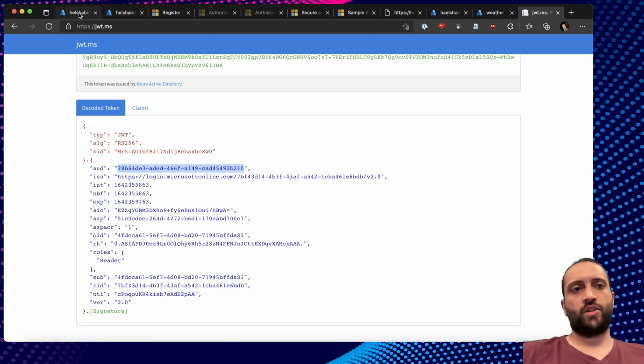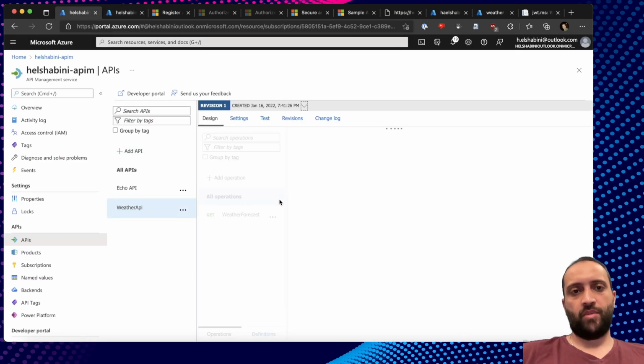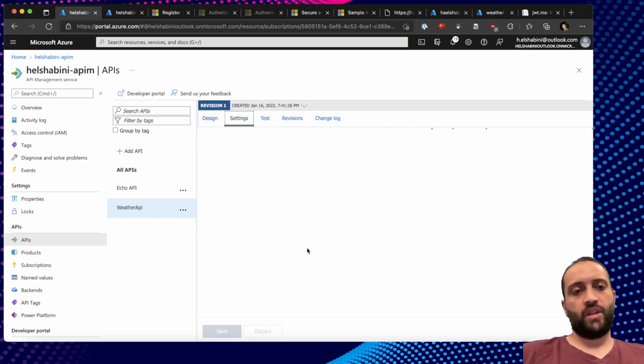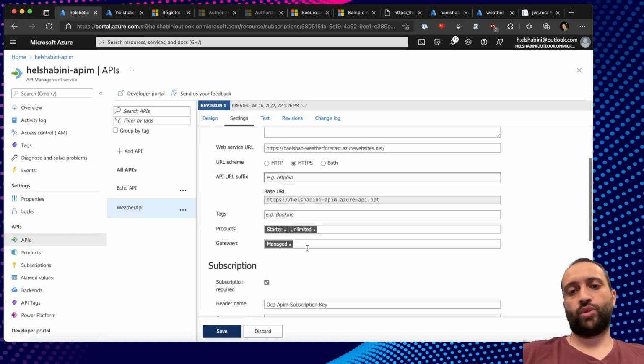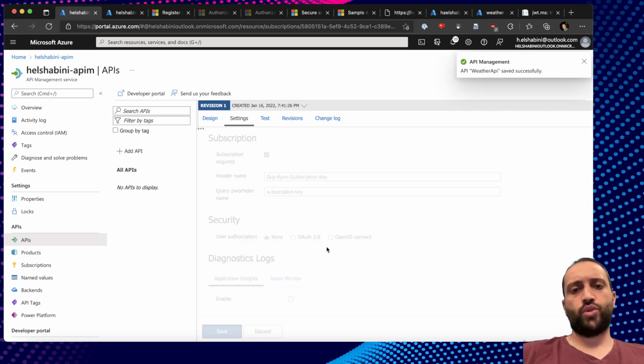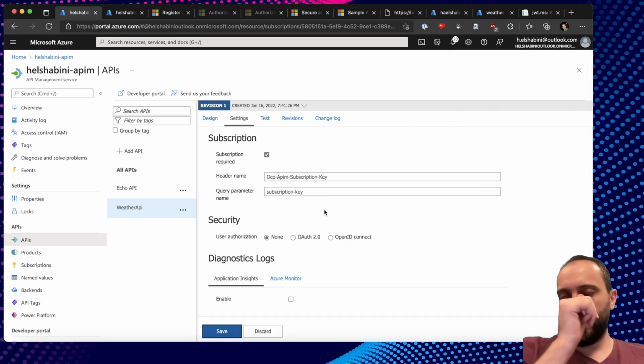So let's see how it's done. I go back to my APIs right here, and here is the weather API. If you remember, in the settings we had already required authorization for this API, and now we're going to turn off that option. So we're not going to require authorization for this API. We're just going to allow users to call it without any authorization whatsoever. There's still, of course, a subscription key, so it's not like it's completely out there without protection, but